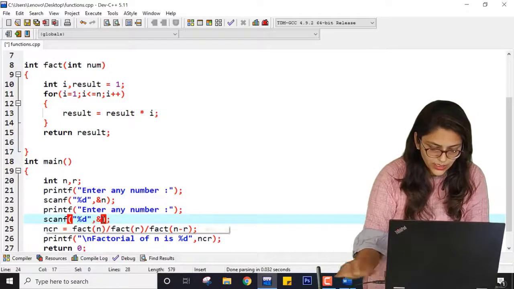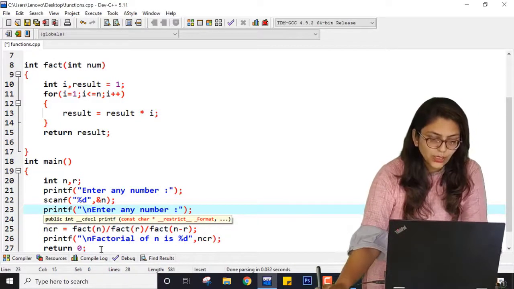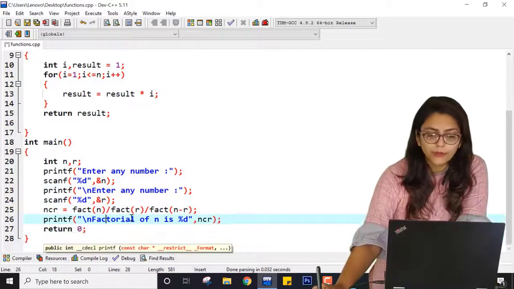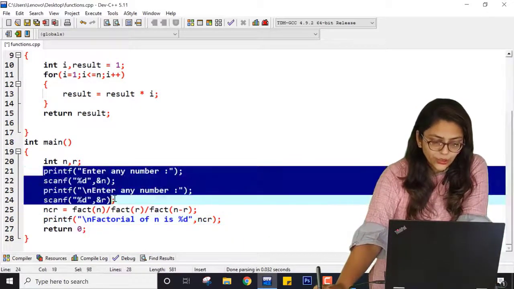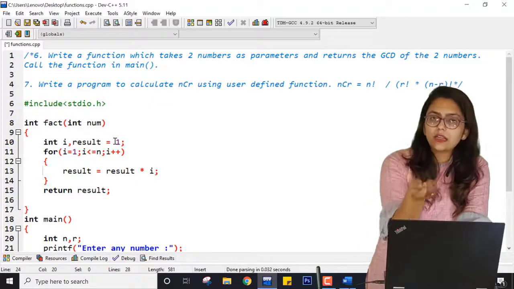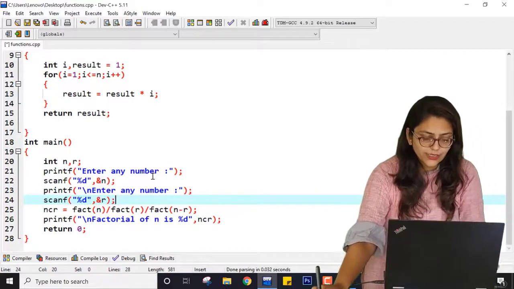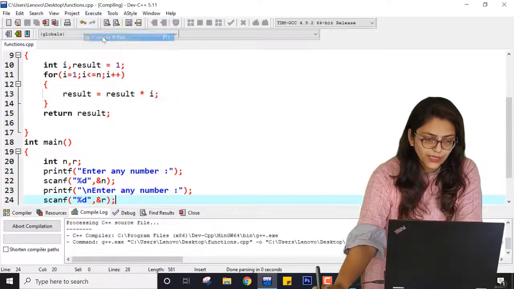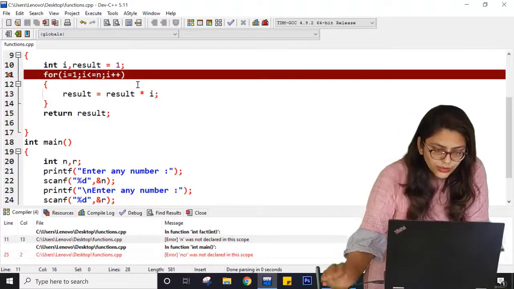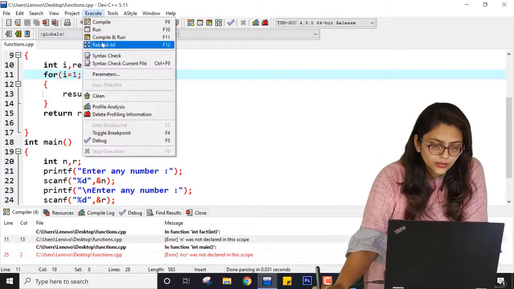Here it will be r, here it will be &r. But the calling function is factorial of num. So make sure you know that here I have taken 2 values from the user, but for factorial I am giving it just one single number for which I want to find the factorial. Now let me save this program and compile it. Here instead of n it will be num. I hope you guys understand.